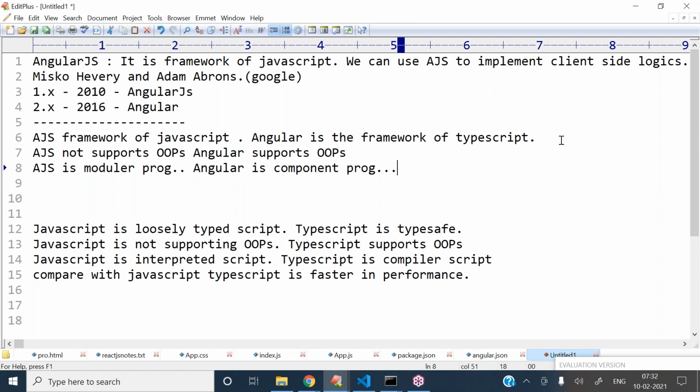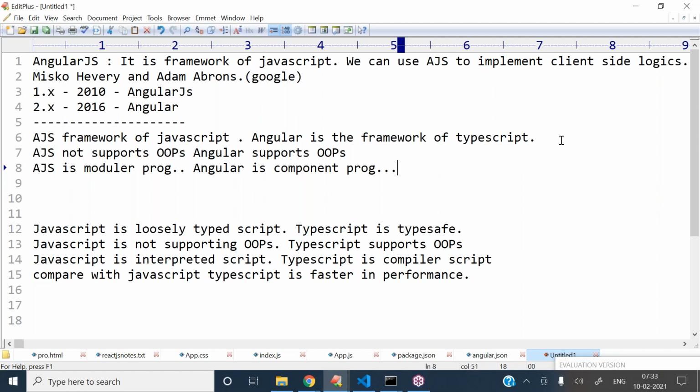Modular programming means we are creating the modules with the help of functions, and in component programming, we are creating the components with the help of classes. Means in Angular, we are working with classes, but not in AngularJS. That's why class programming performance is very good compared to function programming. Means component programming performance is very good compared to modular programming.